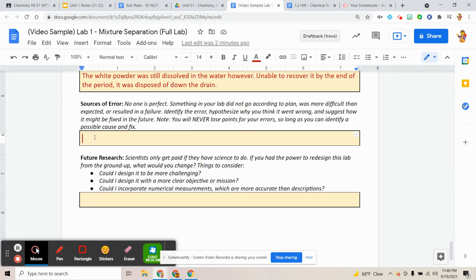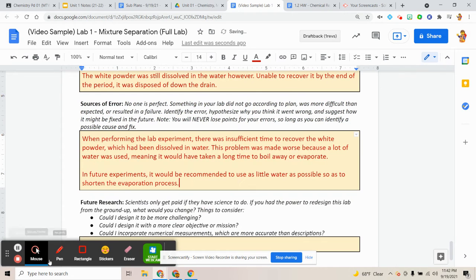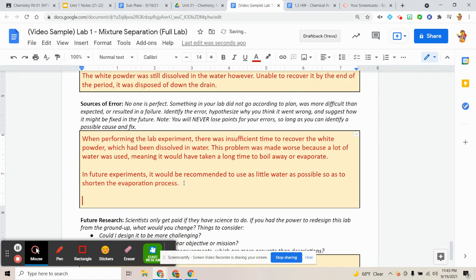Let me come up with a sample error right now. So here's a common error that came up. Most students did not have time to recover the white powder, and the reason was there just wasn't time to boil away or evaporate the water given the time frame that we had. So in future experiments, it might be recommended to use as little water as possible so as to shorten the evaporation process. Other errors that I saw included